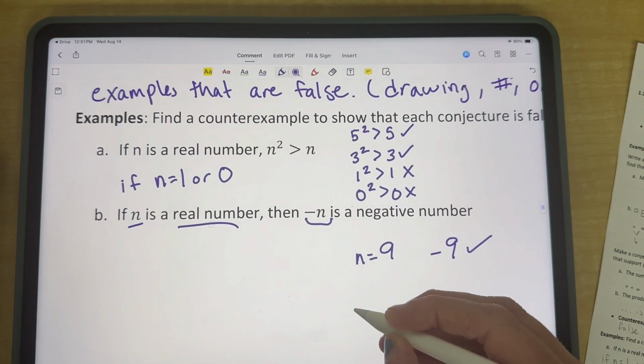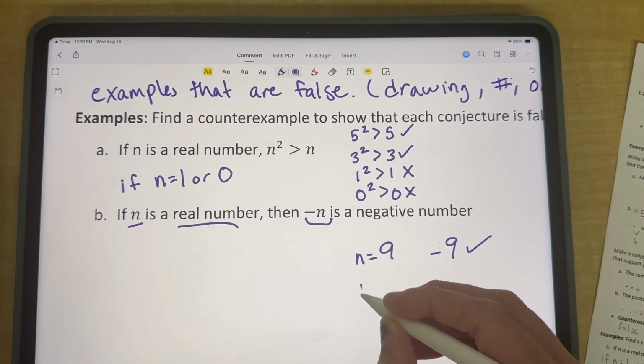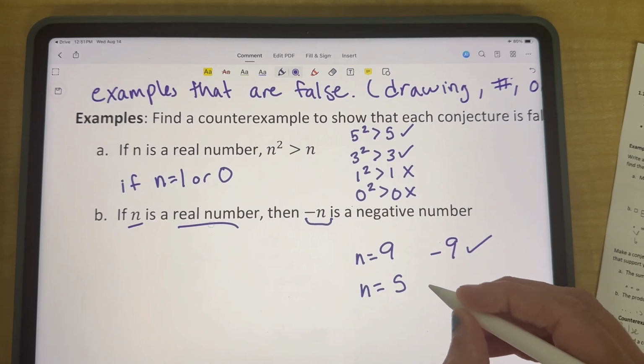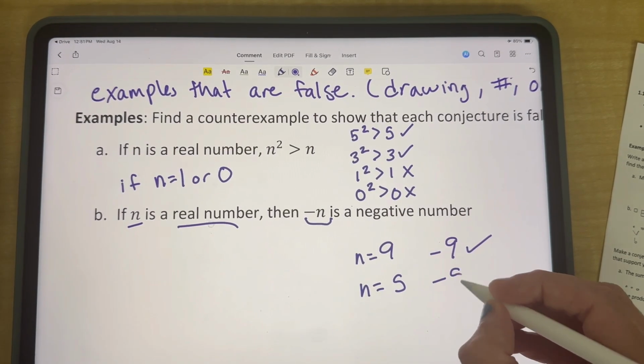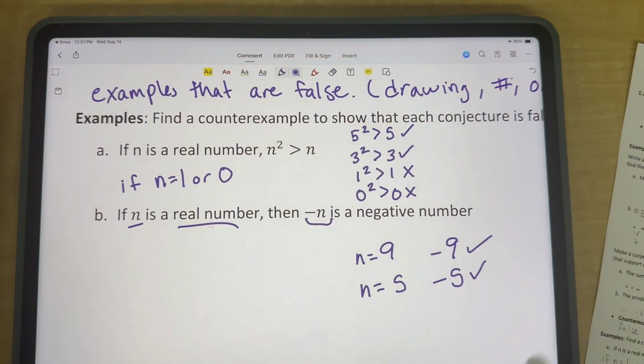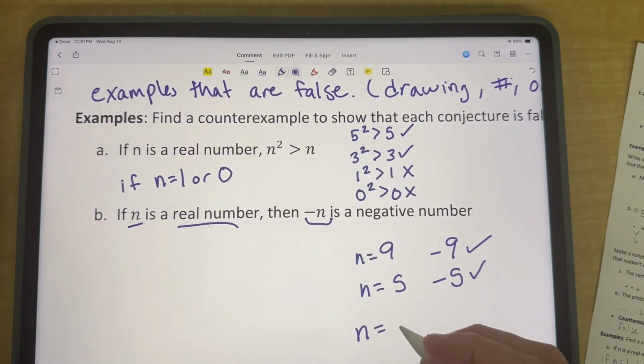Can anybody try to figure out what, again, I like to do 2 correct ones when I plug that into the equation. If n is 5, negative n would be negative 5. That's a number we use in math. What's a number when you plug it in that it's not what you use in math? What about if n was 0? Have you ever seen a number in negative 0?